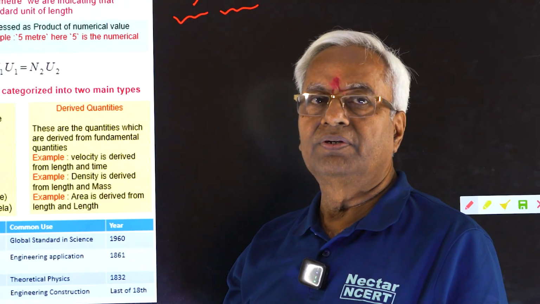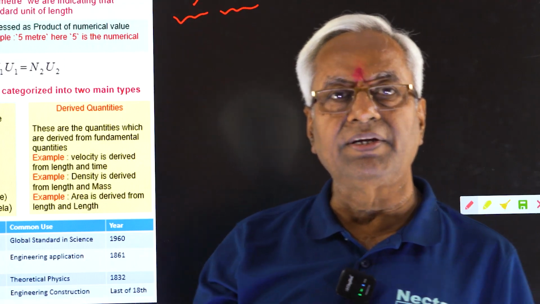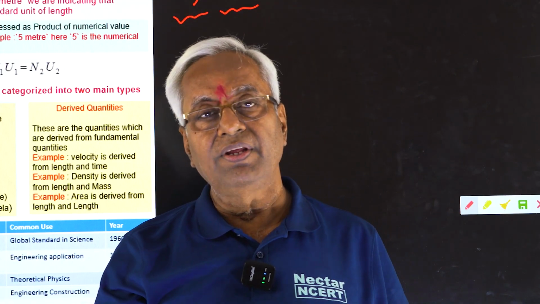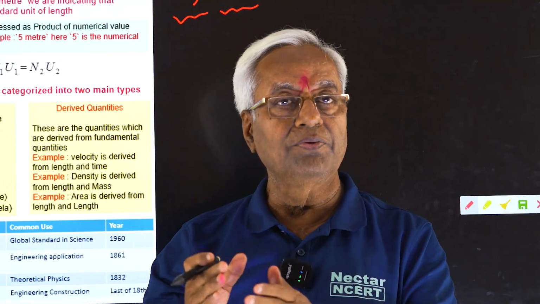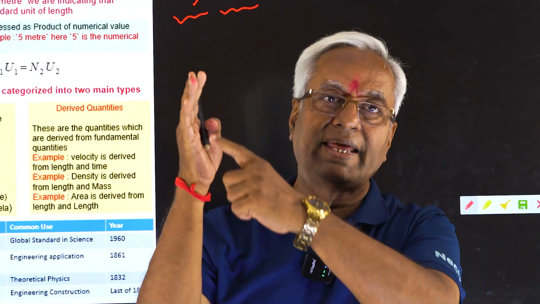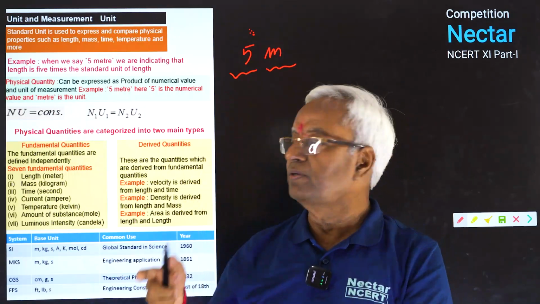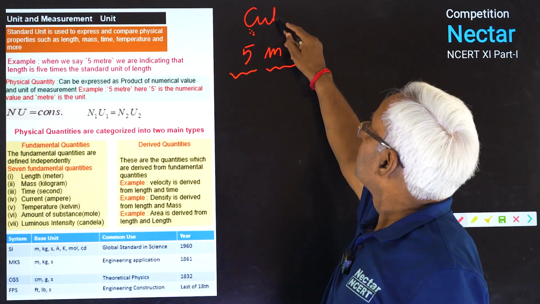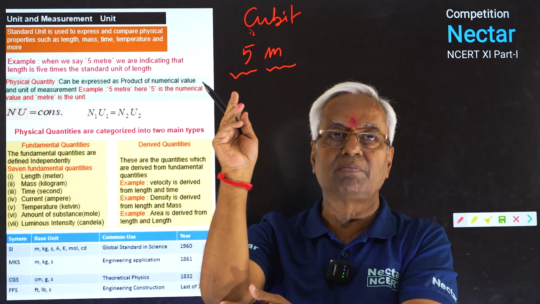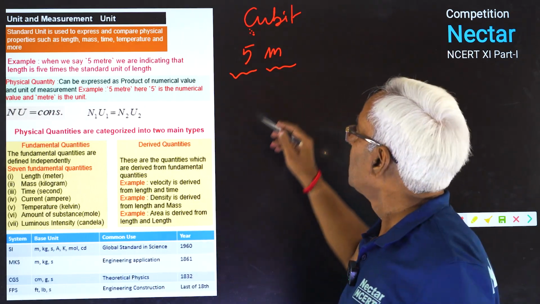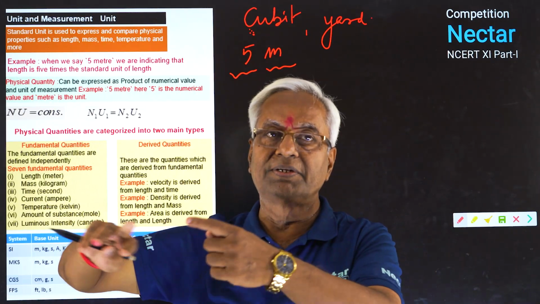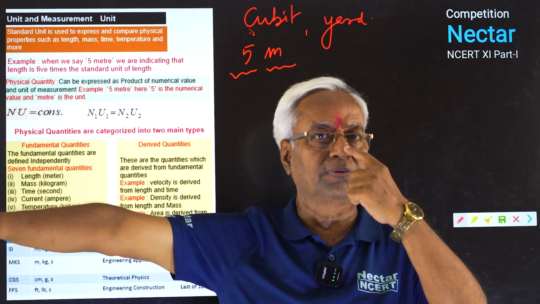You see, the word unit has been very fascinating for the physicists. From ancient days, we have been very alert in inventing new units. In very old days, we used to measure lengths in terms of cubit. What's cubit? This is the distance between the tip of the middle finger and the elbow. Likewise, yard, the unit of length. This was supposed to be the distance between the tip of the middle finger and the tip of the nose of a